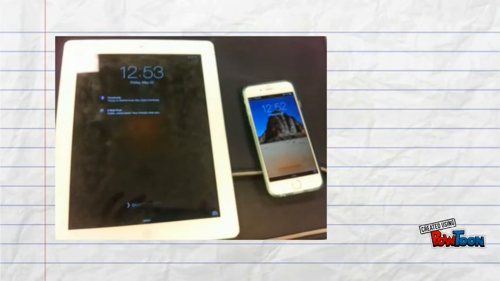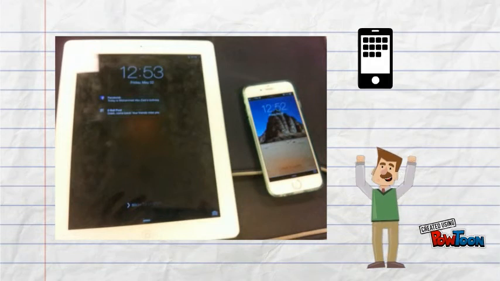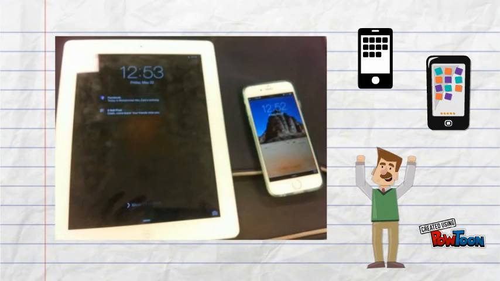In fact, the iPad has a lot of competition. Every other manufacturer has its own tablet on the market, and some have great features that Apple doesn't. The Apple iPad even competes with its own product, like the iPhone 6 Plus.